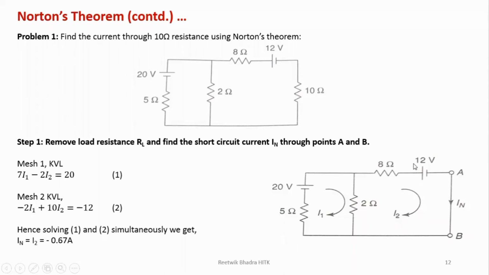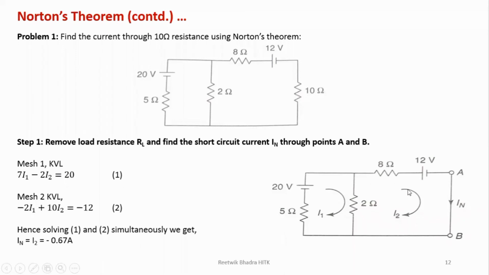Okay, but since there is a voltage source over here, you have to go for mesh analysis or loop analysis. So what is that? You can do it over here. I can write it directly because I1 flows through 5 and 2 ohm. I can write directly 7 I1. 2 is common between 1 and 2, so I'll write minus 2 I2. And current from here is coming out of this, plus 20. So plus 20 I've written.